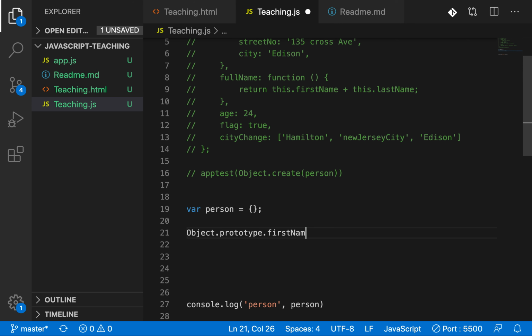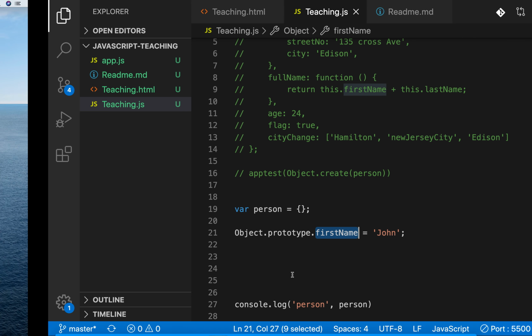Okay, first name equal to John. Now what will happen is this first name is going to be in the prototype object, or else the secondary object. Let me show you that.